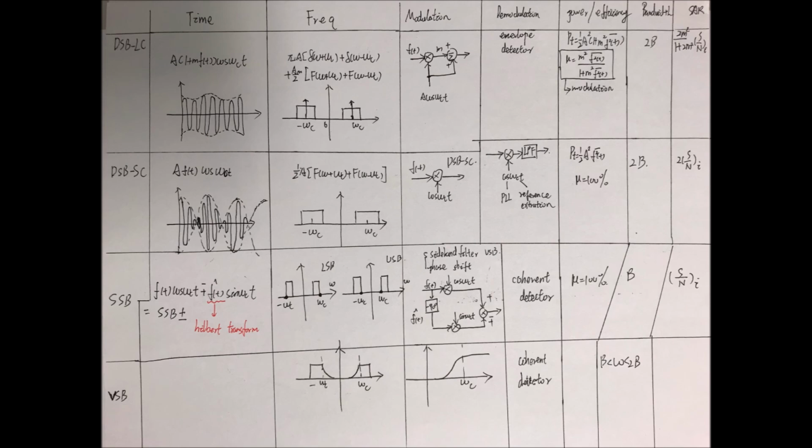If the frequency component is higher than omega c, we call it the upper sideband. Minus, plus, right? Minus, plus, we get